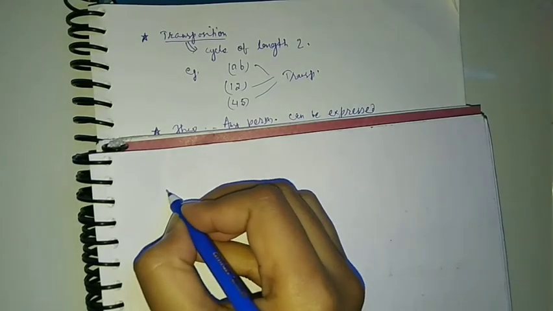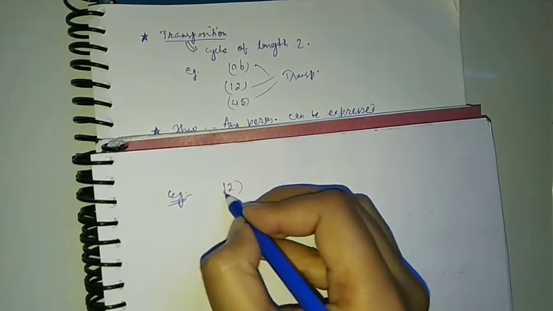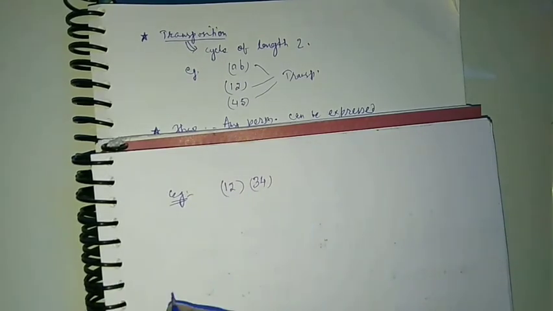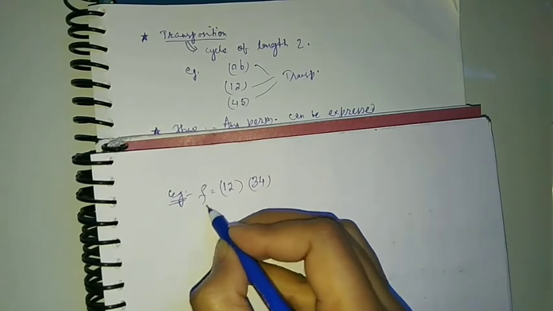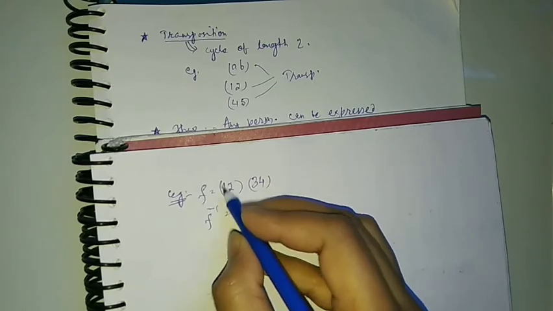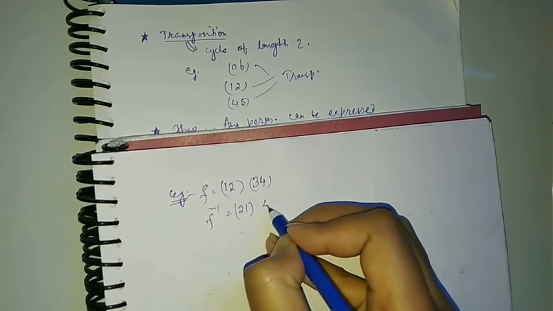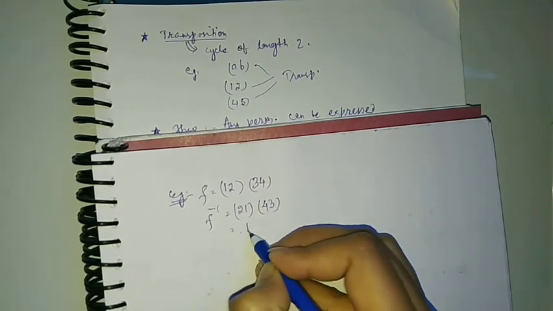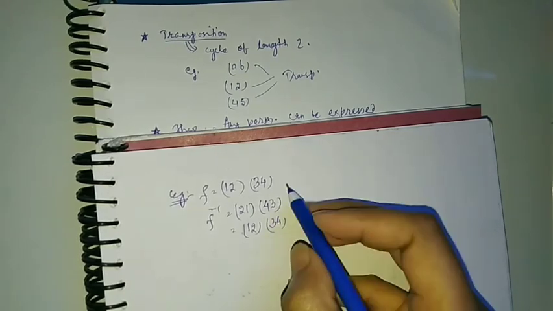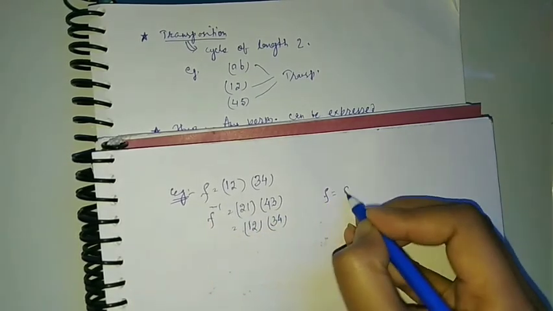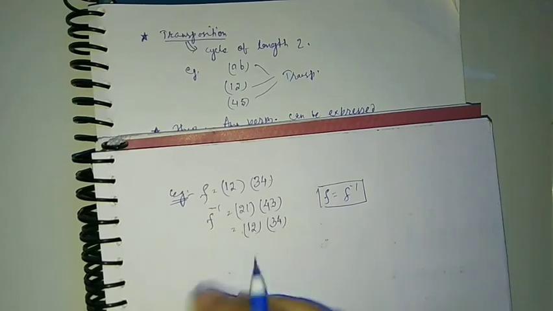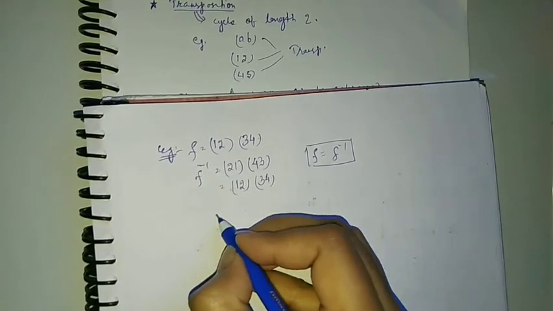The next example is (1 2)(3 4). The inverse of this permutation can be given as: first write the elements in reverse order from the first cycle, that is 2, 1 and 4, 3, and it is equal to (1 2)(3 4) by the cyclic form. So here we can see that f and f inverse are equal, but this is not a transposition, this is a product of transpositions. So we can easily imply that